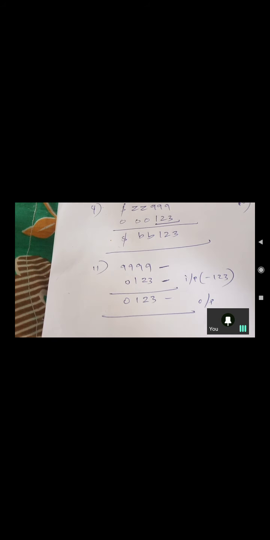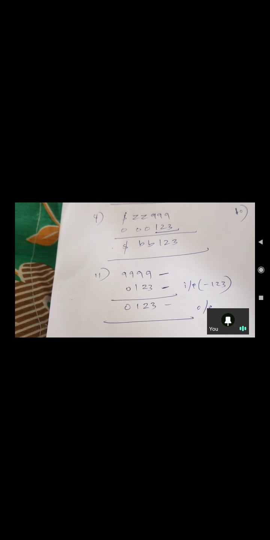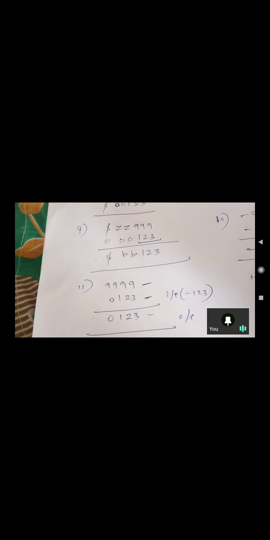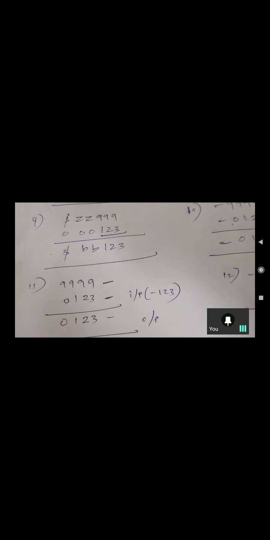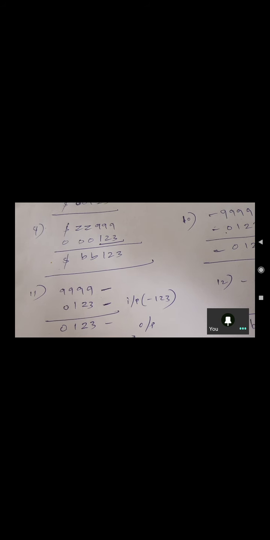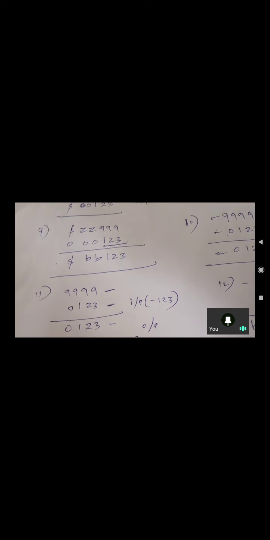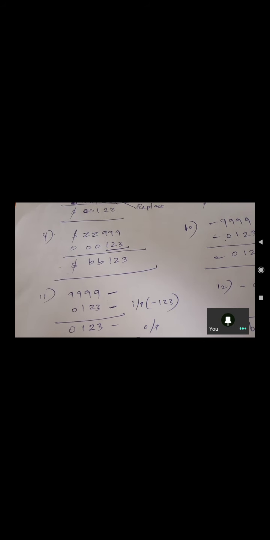Okay, and then the next, the 11th option. See here, in the picture field I have used the minus symbol, the negative sign, at the rightmost end. In the previous example, how had we used it? We used the minus symbol at the leftmost end. But in this example we have used the minus symbol at the rightmost end. And what is the input value that I am going to pass? The same value: minus 1, 2, 3.